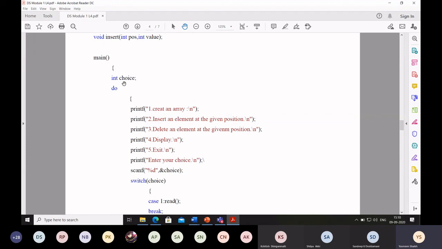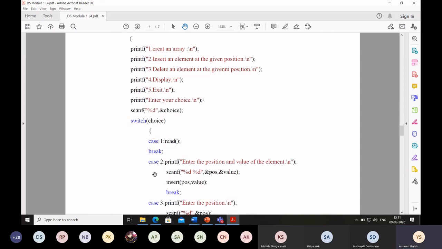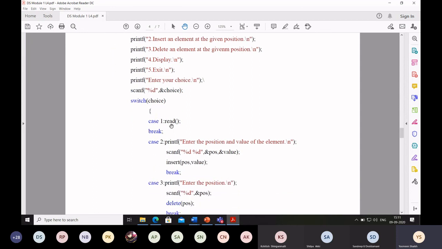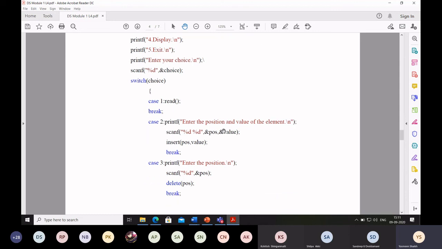Here we will take one variable called int choice. We will start with a do while loop. We start with a do. We will mention all the statements that are to be included in the menu. Then the user has to enter the choice. Then in the switch choice, based upon the choice, the appropriate case will execute. If the user gives 1, the read function will be called. If the user gives 2, then this is to enter the element at a specific position.